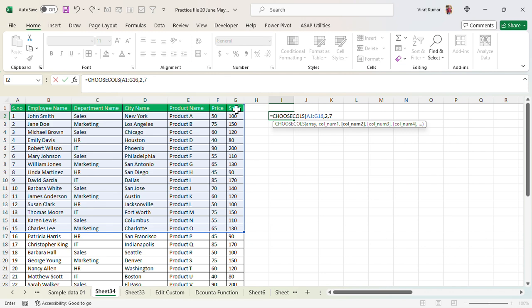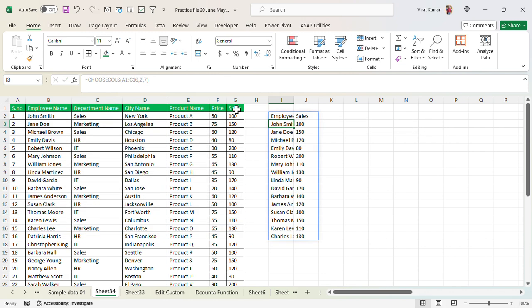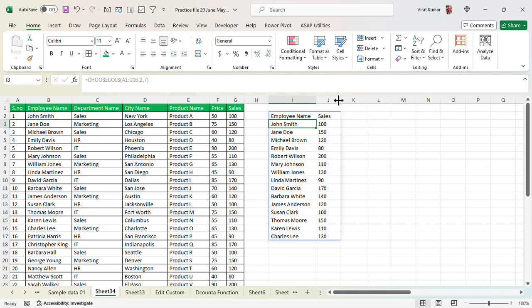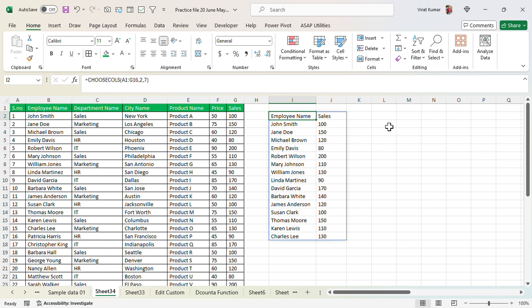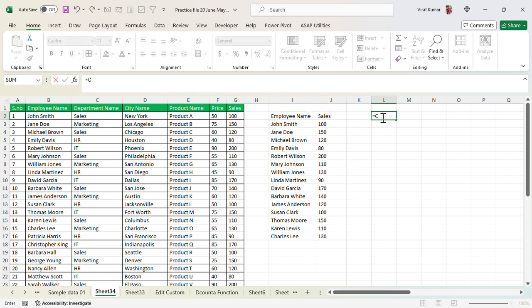So 7, close the bracket and hit enter. That's it. Your data is ready according to your manager. Done. Okay. So this is the choose cols and the choose